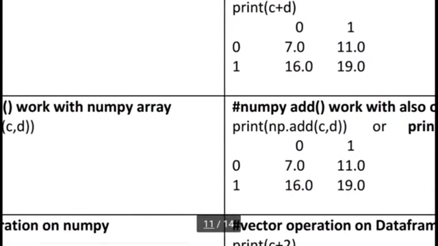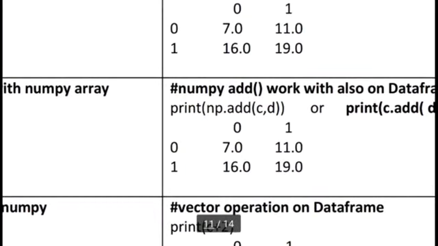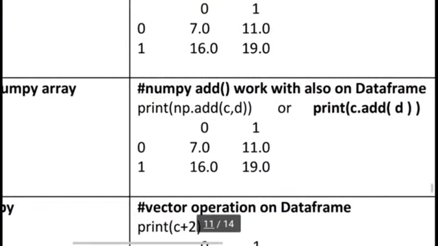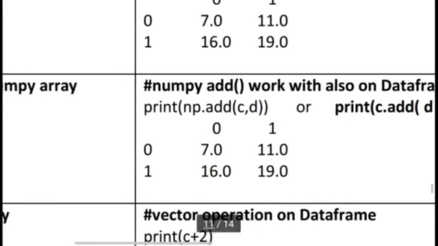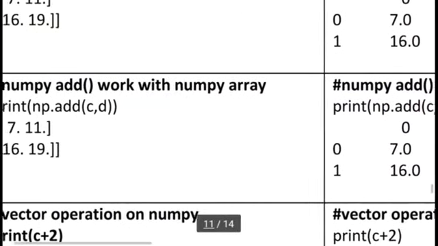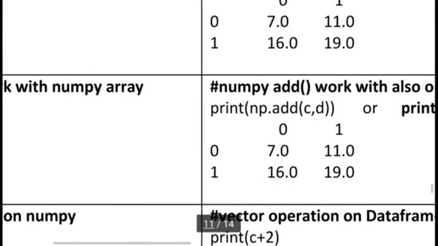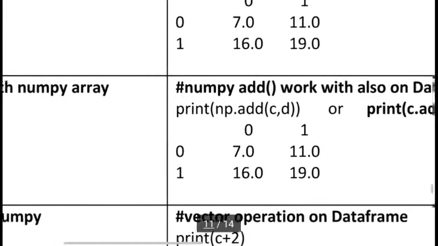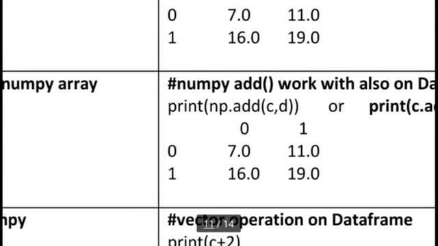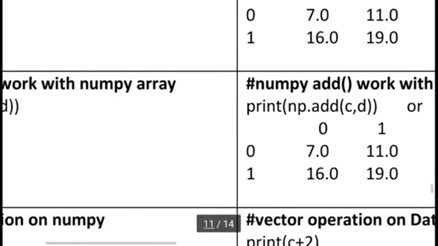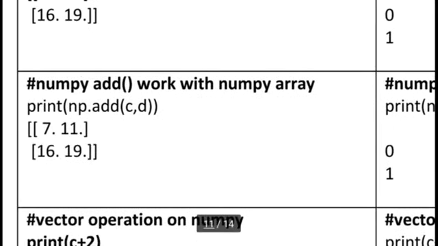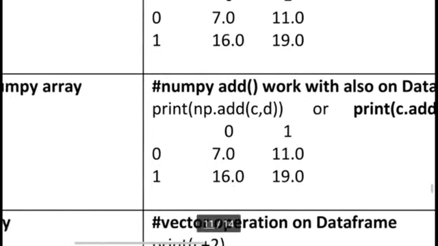This np.add method we can also use with a data frame. The new thing is that we can use np.add in our data frame too. So for np.add with numpy and np.add with a data frame, the equation is the same, and the output is also the same. But the appearance of the output differs: here you see 0 1 0 1 displayed, while here there are only square brackets, because this is a numpy 2D array, and here this is a data frame.